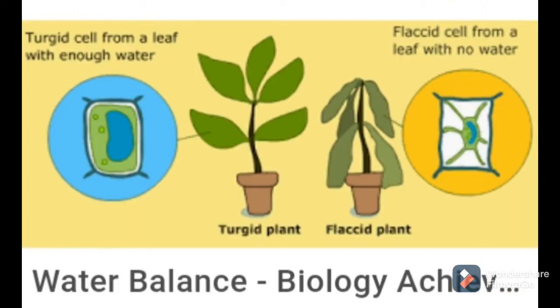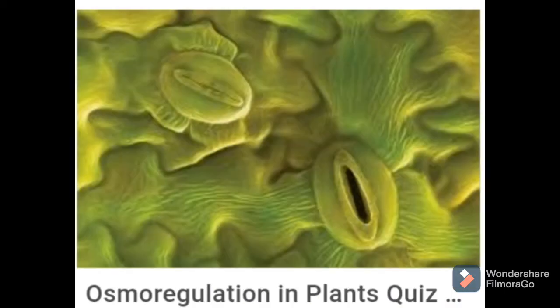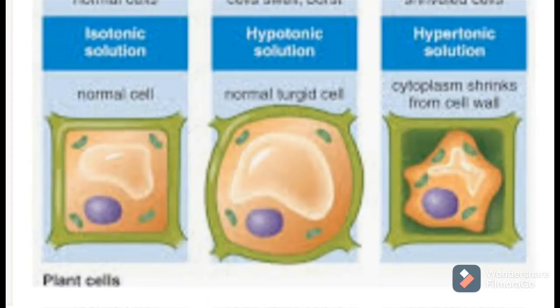They also help to maintain the water balance, and to maintain osmoregulation. Then what is meant by osmoregulation? We have studied osmosis. Osmosis is the movement of water molecules from higher concentration to lower concentration. Generally when a cell absorbs water, it becomes turgid and its size increases. To maintain this osmoregulation, this osmotic pressure, the vacuoles help.